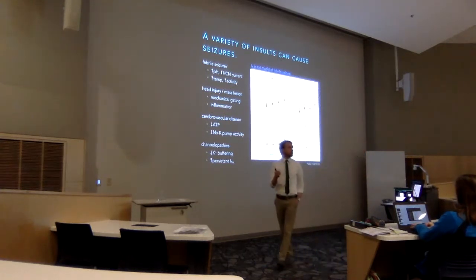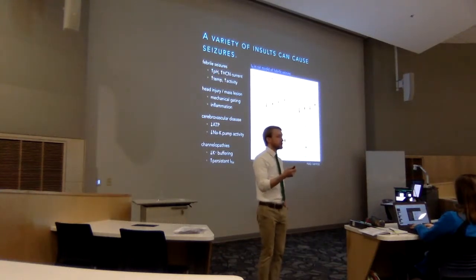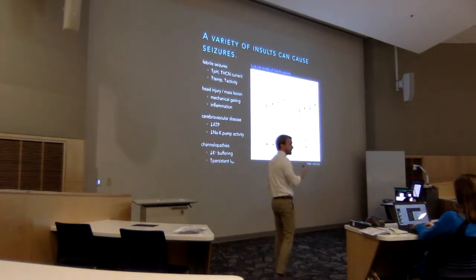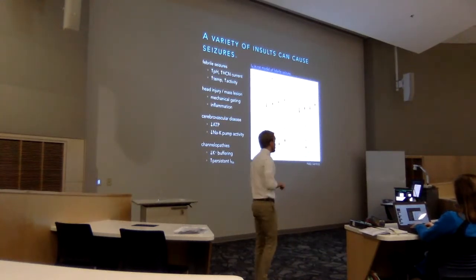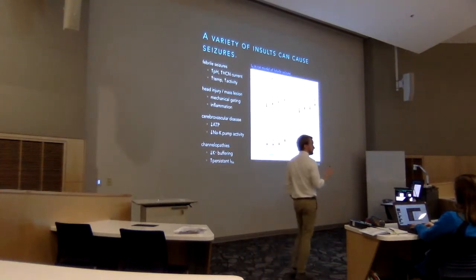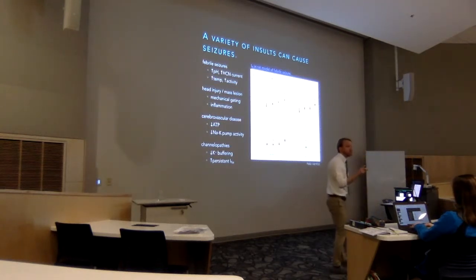Certainly when you increase the temperature, you're going to increase metabolic activity. You're going to increase just the excitability of a neuron by doing that. If you were to cool the body, you'd see the opposite effect. All activity would slow down. It could be that. It's probably not that, though, but it could be. What it most likely is that when we have fever, that leads to an increase in respiration. Hyperventilation increases blood pH, and that increase in blood pH